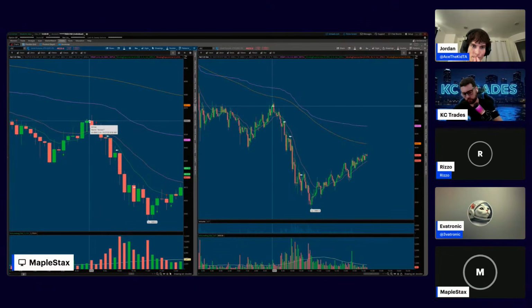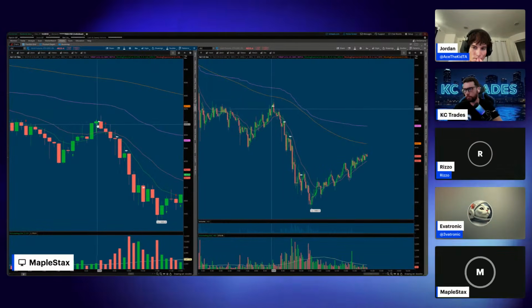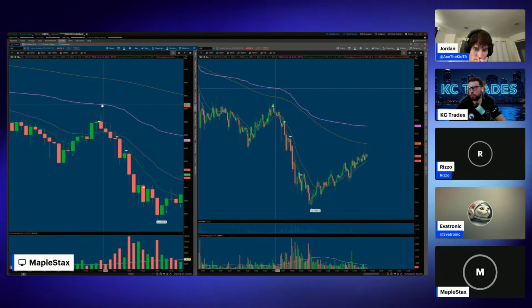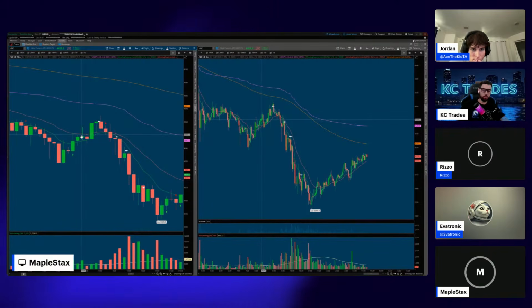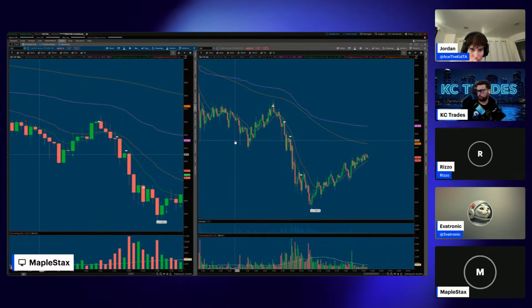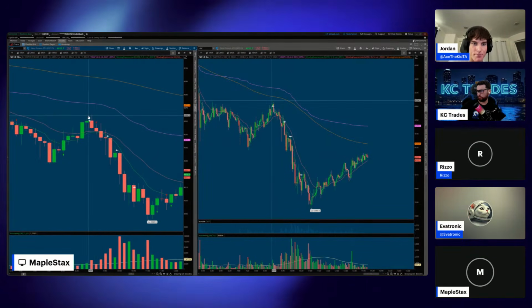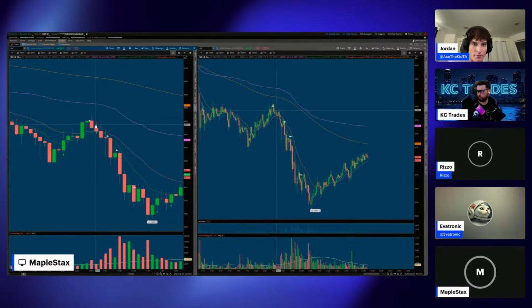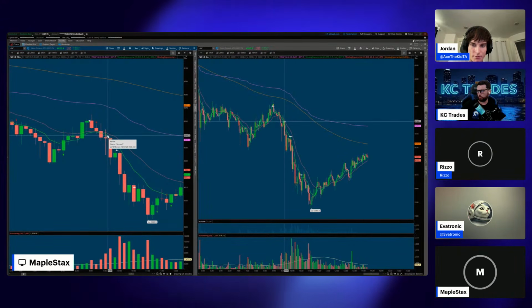Why did I take the long right there? I think for me, just looking for VWAP, a predictive form of price action. Hey, CBC's holding. You cleared the 20 EMA on 10, why wouldn't it clear VWAP? That predictive form of price action is probably the number one reason why I ever take a loss. But as long as you're able to, again, reel it in, focus on your system, adhere to your rules, be